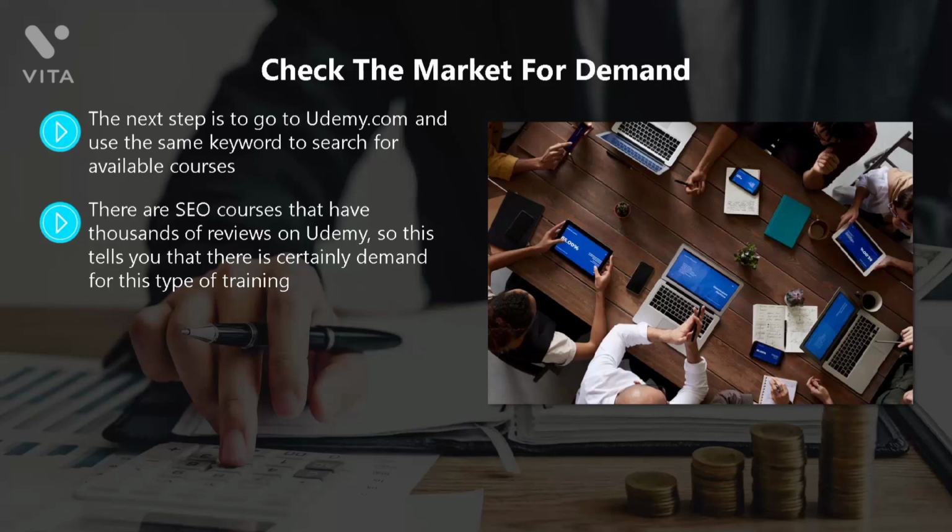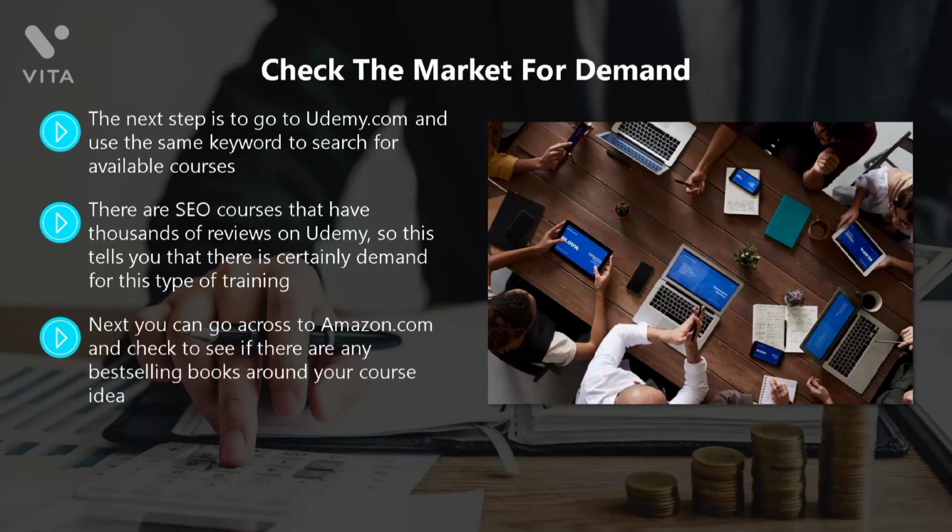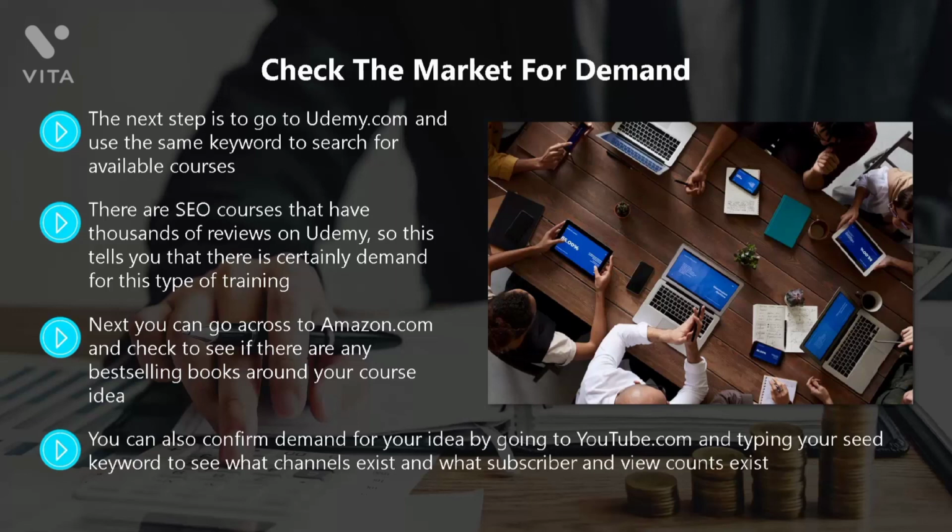More on this later. Next, you can go across to Amazon.com and check to see if there are any best-selling books around your course idea. Choose the most appropriate category under books and see if the best-selling books are less than 20,000 in the best-selling rank. You can also confirm demand for your idea by going to YouTube.com and typing your seed keyword to see what channels exist and what subscriber and view counts exist. As a final check, you can go to Facebook.com to see if large groups